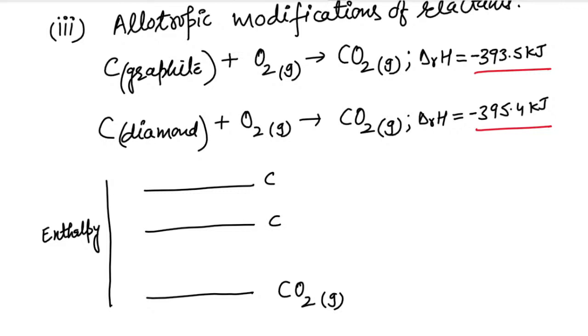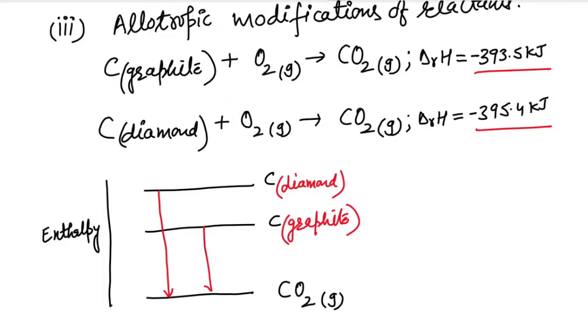Diamond. See, in case of diamond, energy released is more. That means diamond has higher energy than graphite. See the value of enthalpies. So that means when diamond is converted into CO2, the energy difference is more, and when graphite is converted into CO2 gas, energy released is less. So that means graphite is